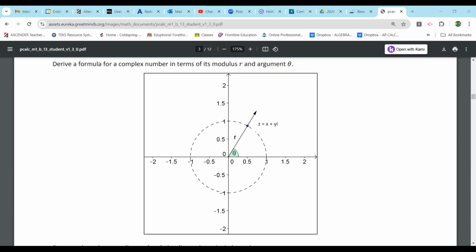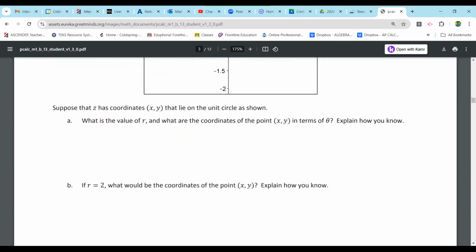All right. Oh, that's just, it doesn't give me anything. Hold on. Let me go down to the question. There's your graph. You got the graph. All right. So part A says, what is the value of r and what are the coordinates of the point x and y in terms of theta? So when it's written out as x plus y,